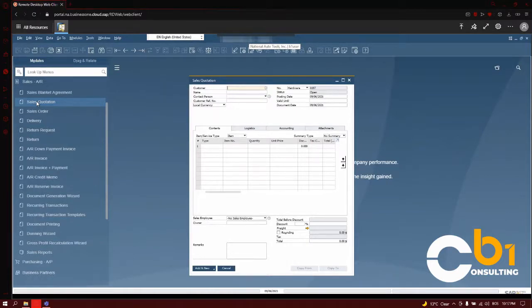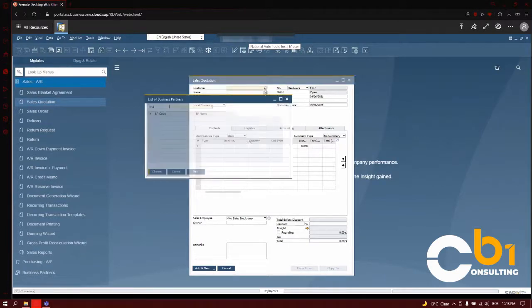To call up the customer who I'm going to quote, I can click on the button next to the customer data field. This button will bring up a list of customers. I could do a wildcard search or simply start by typing in part of the name and calling up that particular customer. I'm going to use the button,